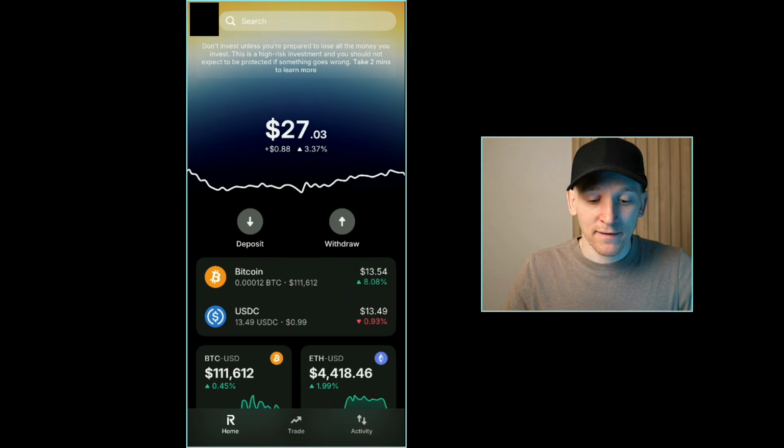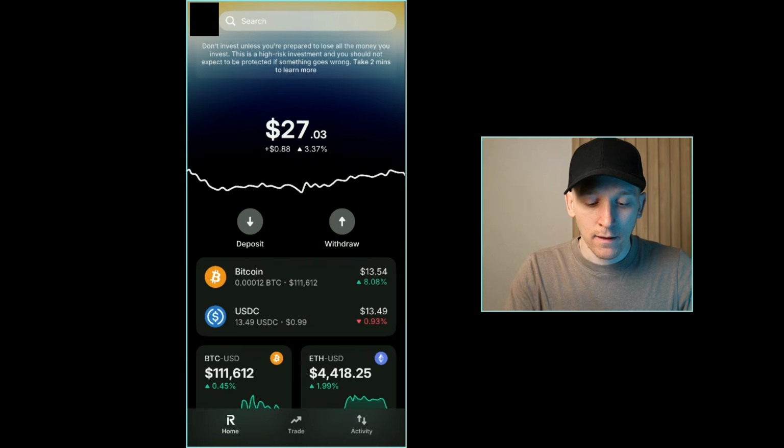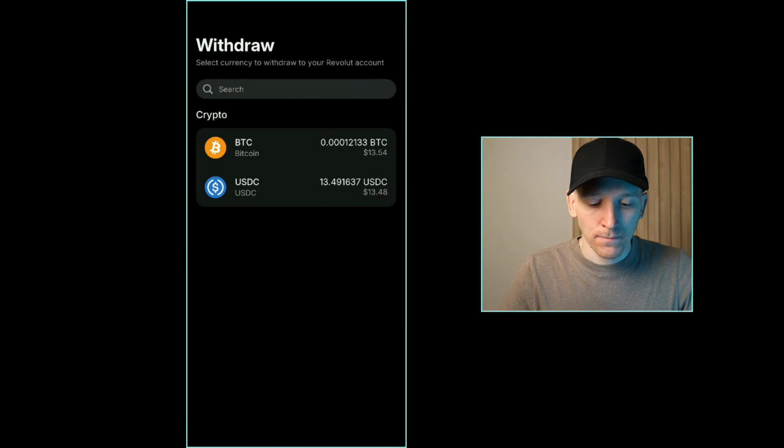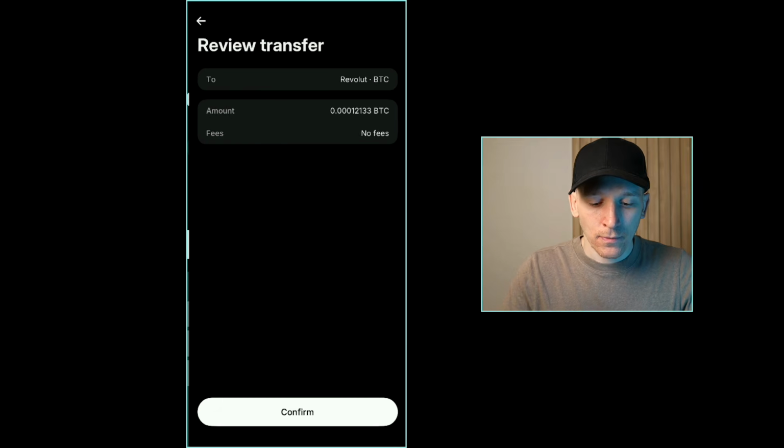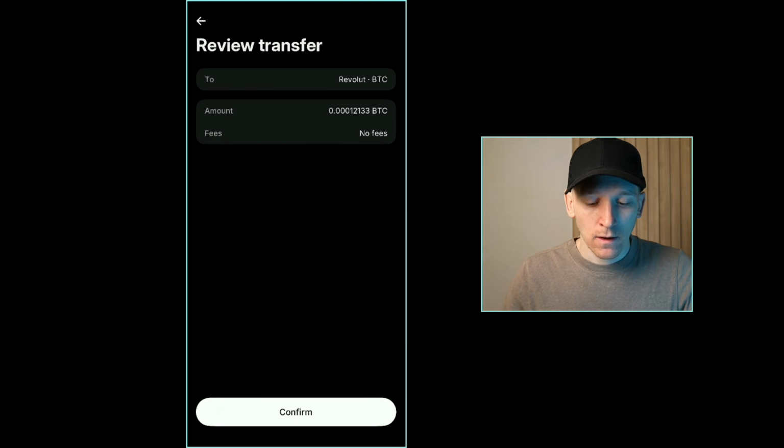Now I'm in my Revolut X account. You can see I've got a couple of assets here and you can't withdraw over a blockchain from this app. So if I press withdraw and then I'm gonna send out some Bitcoin, the only place to send it is back into your Revolut app. So you can send any amount, press review. This is an internal transfer between Revolut X and Revolut, so there's no fees, so you don't have to worry. Press confirm, that will send it back into your main Revolut account,